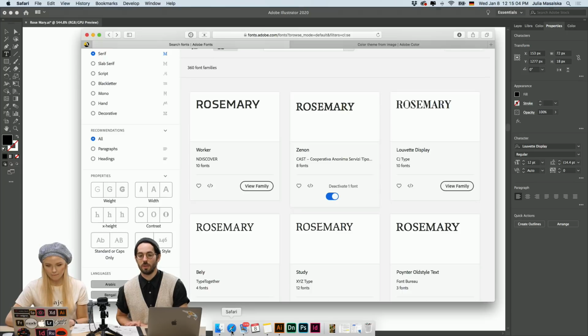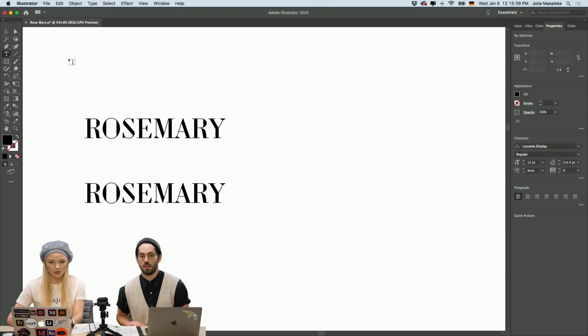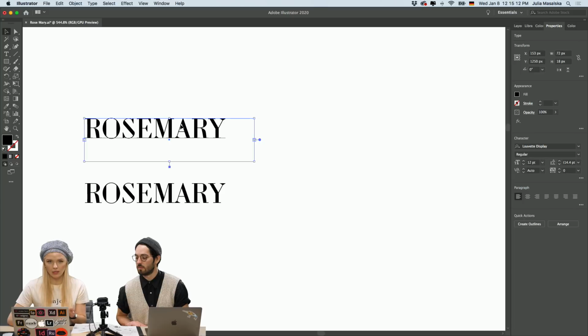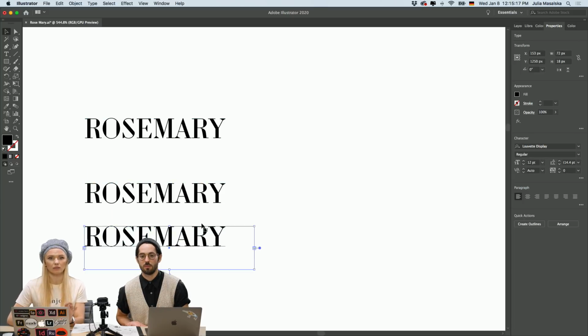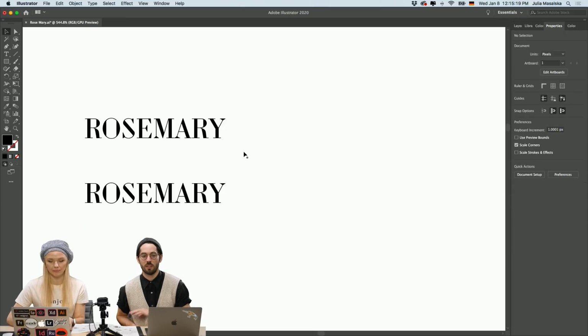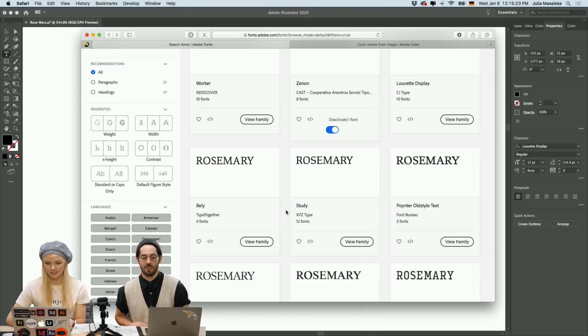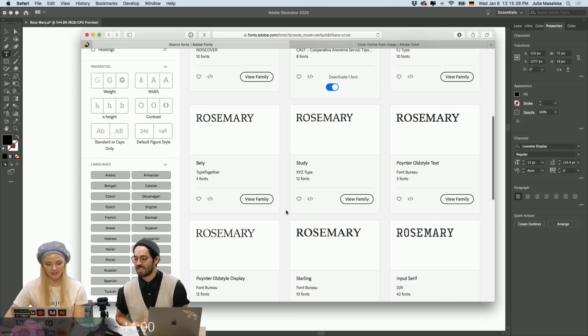For a total noob, what key did you hold to drag it and duplicate it? I hold the left mouse key, drag it, and click Alt. Okay, cool. Easy. Just in case there's some newbies in the chat like myself. Copy paste is probably one of the most used functions, and Control Z.